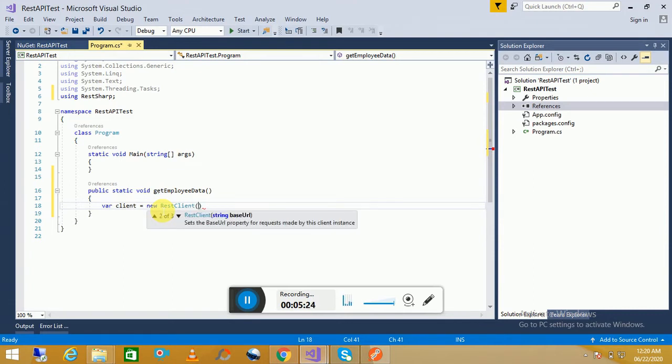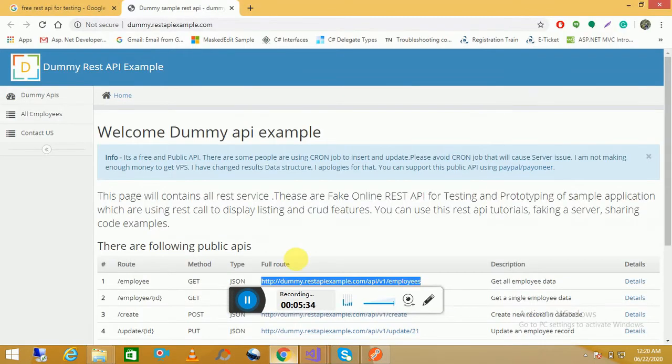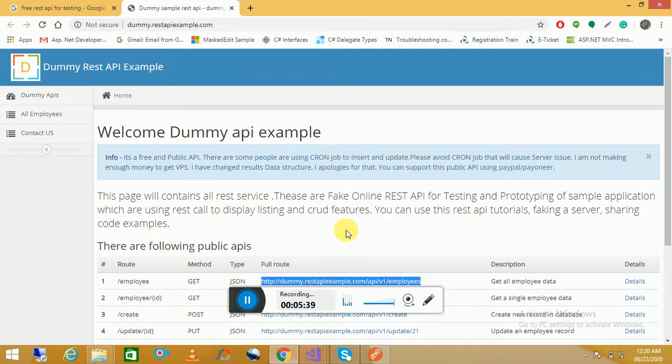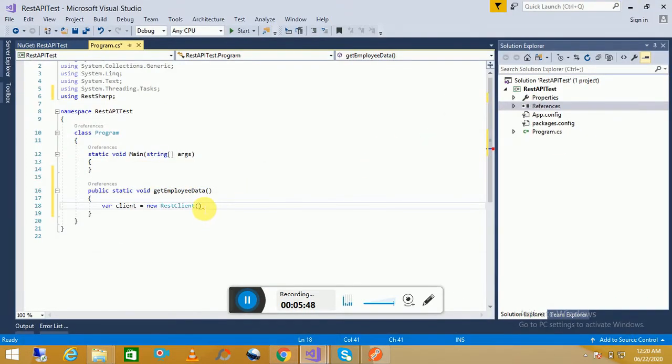We will pass here in this REST client the base URL of our API. So we have already got our API from here. Here is our API. This is the route, and before this one, this is my base URL.